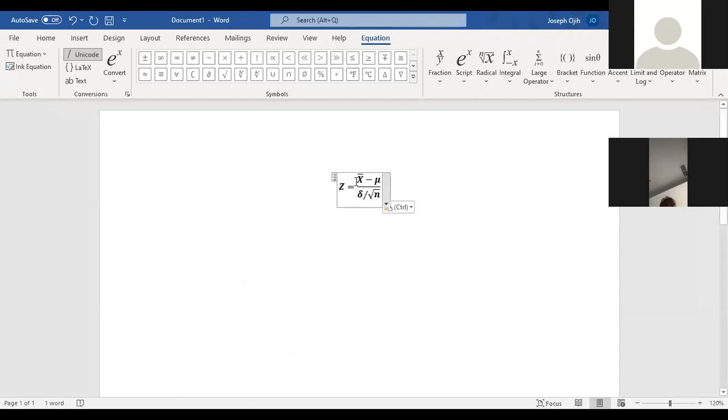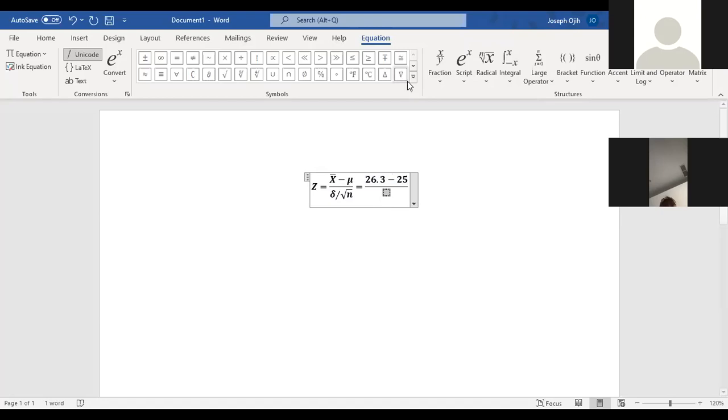Now, which is equal to x bar, which is 26.3, minus mean of 25, divided by standard deviation